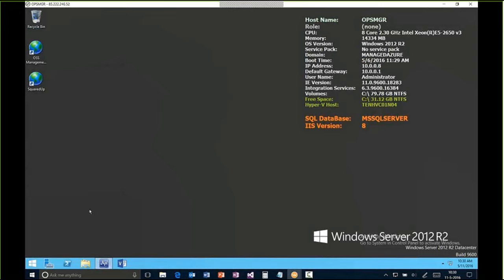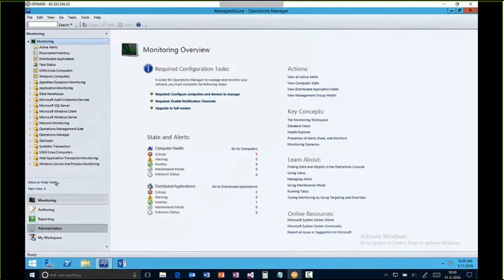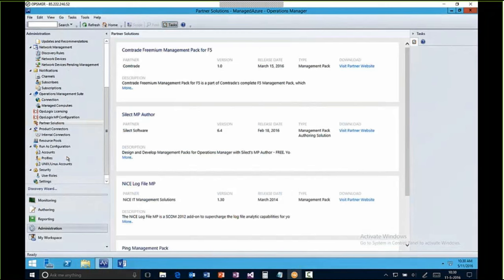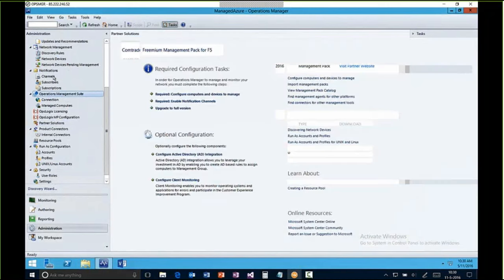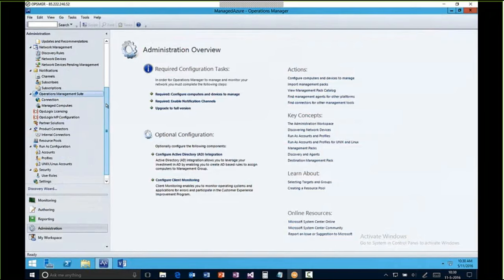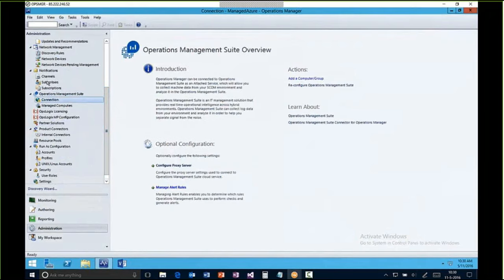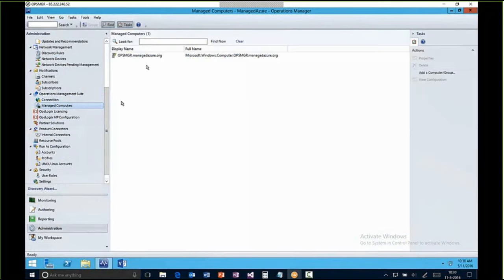So back into the environment, back into TP5, into the administration page, you see an Operations Management Suite node and you see a connection item. This is where we connect our OMS workspace. So we say, do we need a proxy server? And then we run through the wizard to connect that. And in this case, we see that the Ops Manager VM is connected and it's sending data from this management